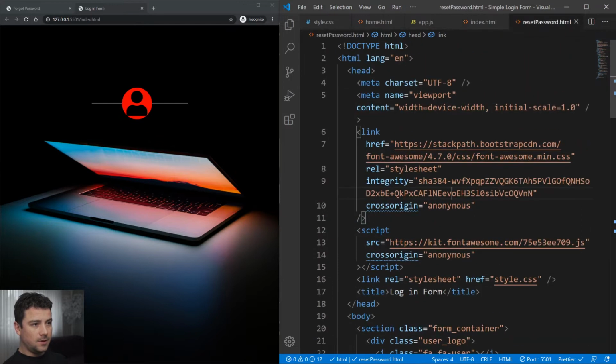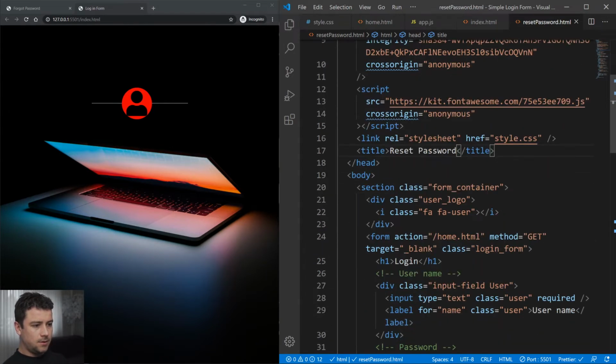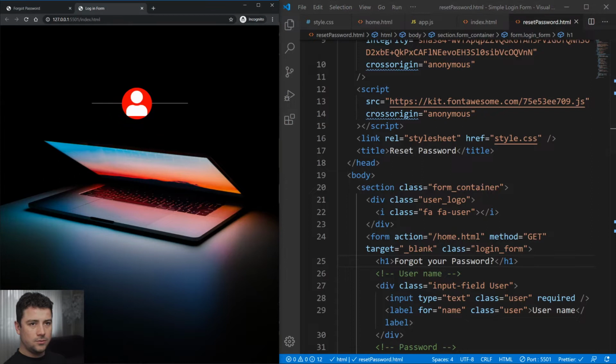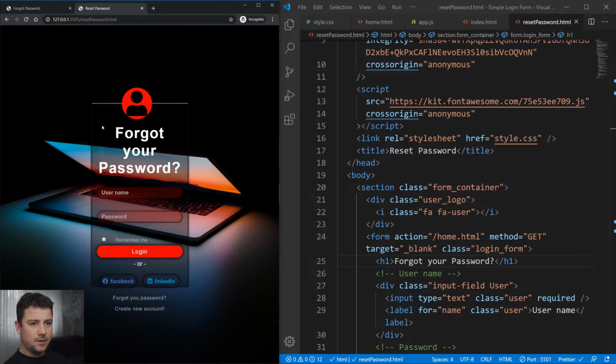And now let's go in here in our reset password HTML. Let's change the title, reset password, and also in our title we'll now type in forgot your password? Question mark, and now let's go into our login, click the forgot password, and this should take us right here,